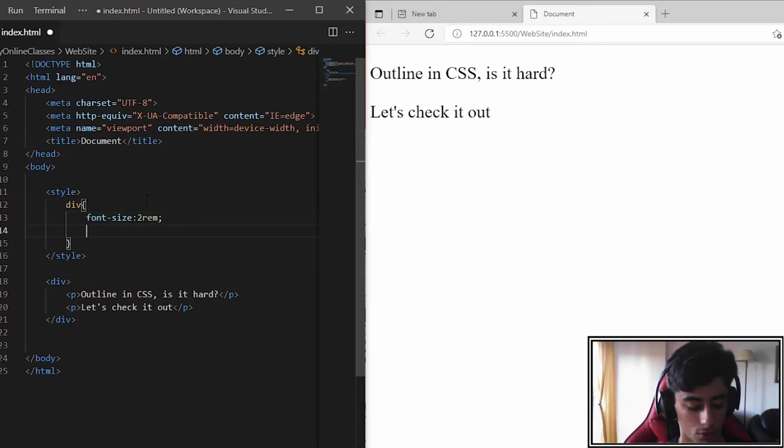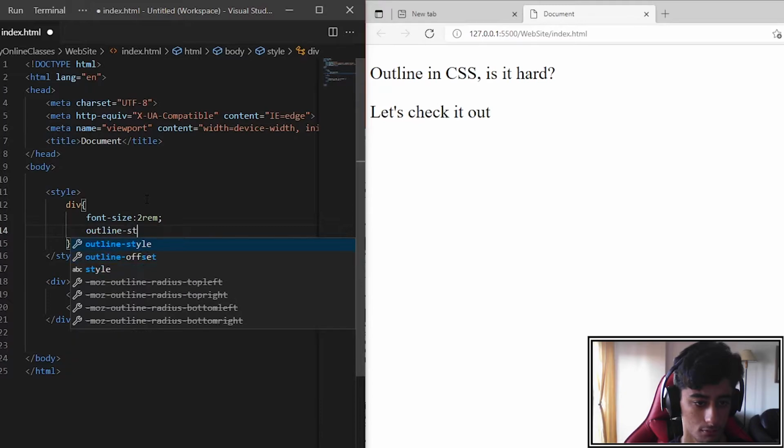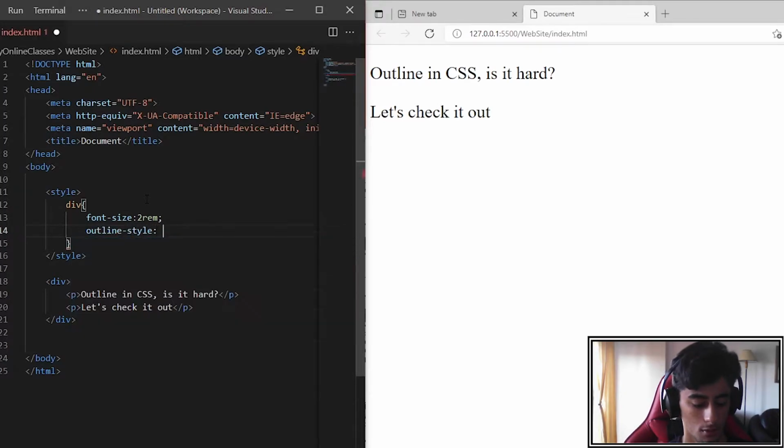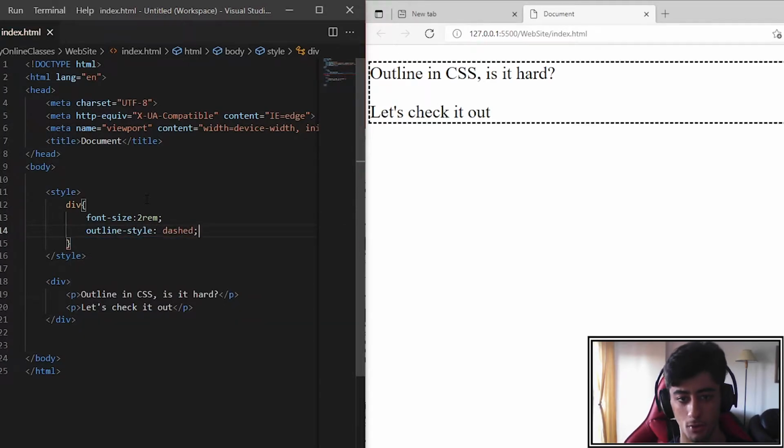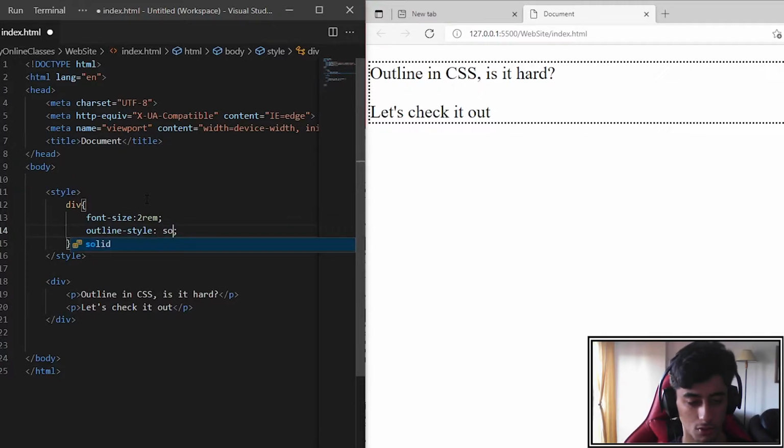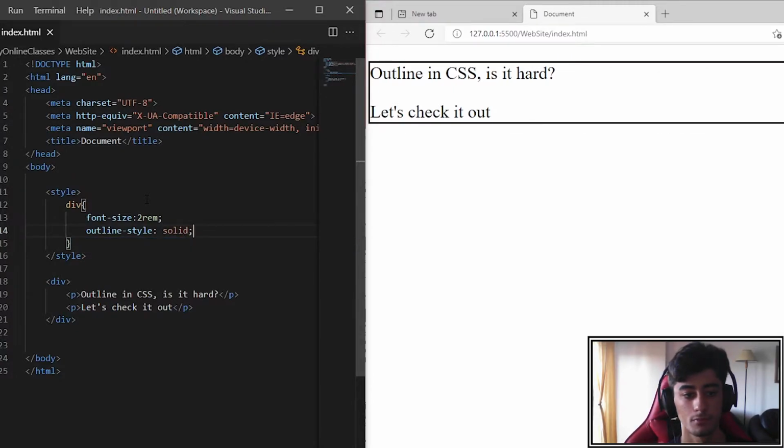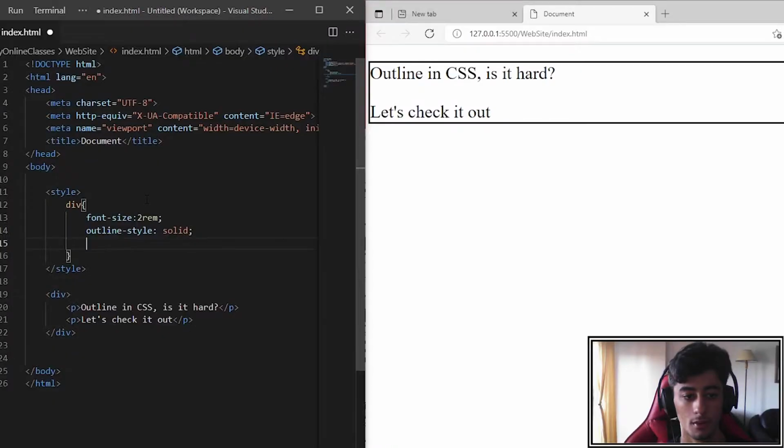Now we are going to start with the outline style. They are just the same as the border. I'm not going to show everyone every outline, but you can try it out on your own. Then we are going to the outline